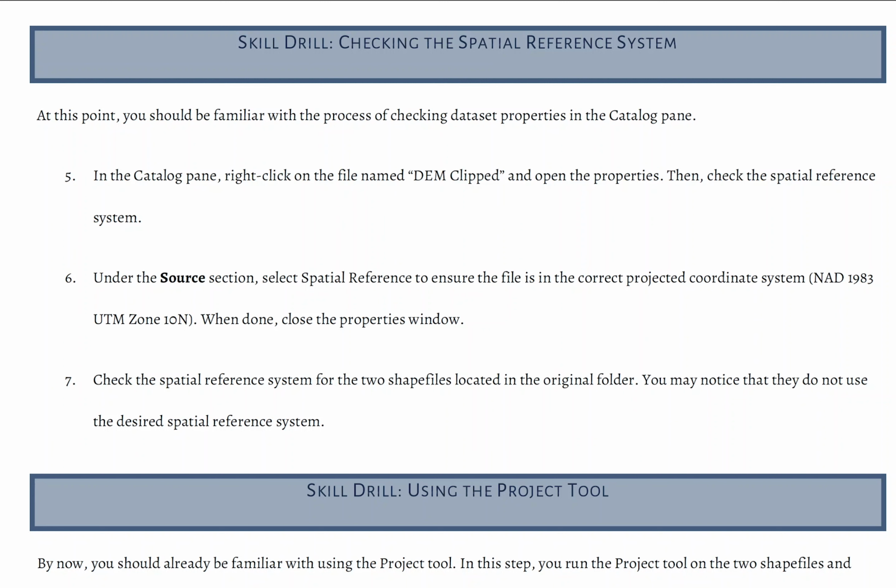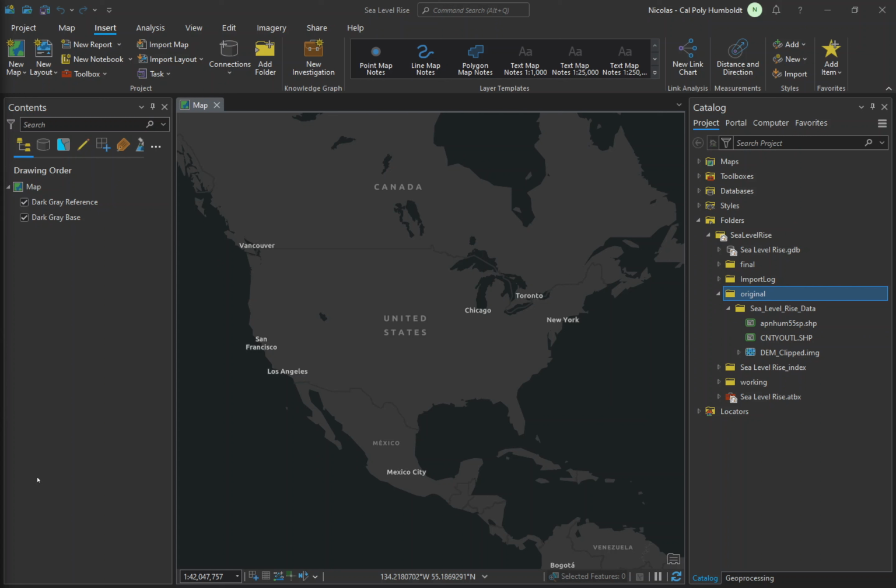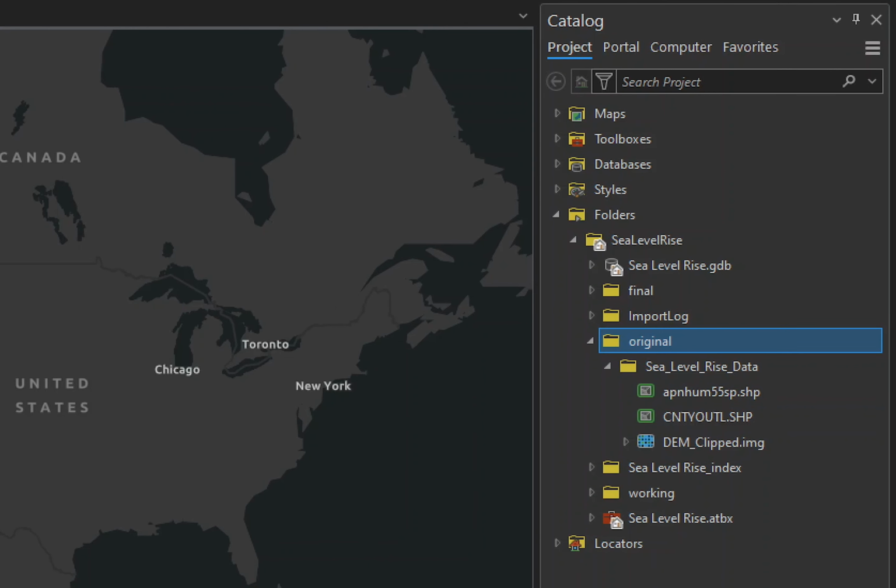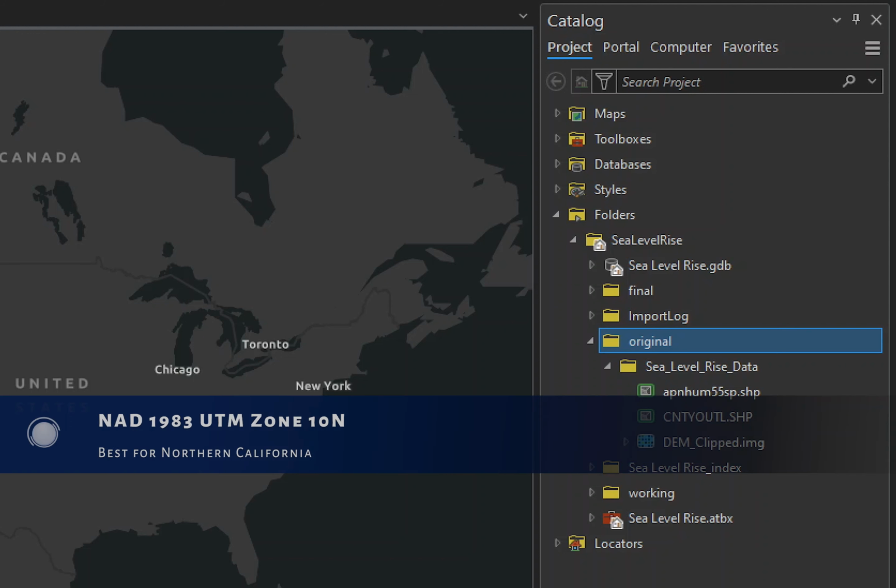For a review of spatial errors and datum shifts, check out my video on how to understand spatial errors in map datums and projections. To prevent unwanted spatial errors, you need to check each of the datasets provided for this project. Then you will use the Project tool as needed to create new datasets with the desired spatial reference system. Since we are working with data located in Humboldt County, the spatial reference system we will use is NAD 1983